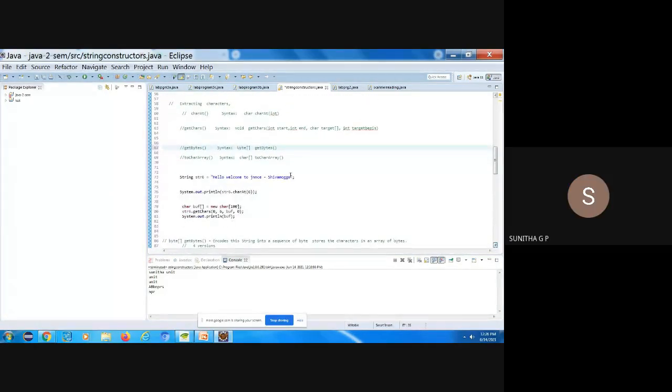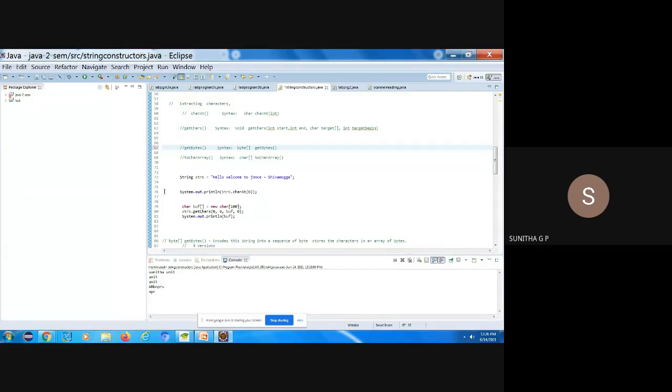Okay, so now one by one we will see this. Here what I have done is, string 6, I have stored this value: hello, welcome to JNNCE. I just gave string 6 charAt 6. What will it do? It is going to extract the sixth character from this: 0, 1, 2, 3, 4, 5, 6. By changing these values, you can check whether the proper character is extracted or not.